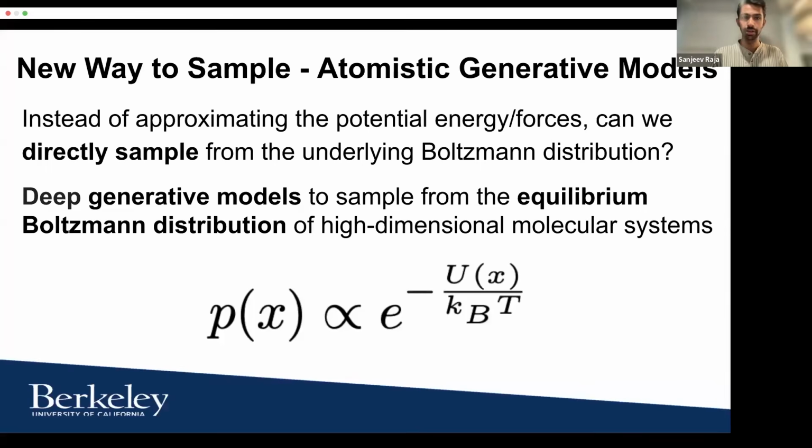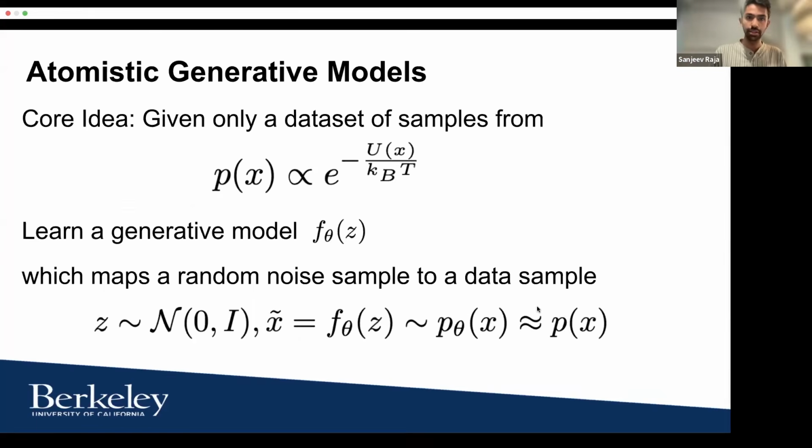work, which is basically trying to sample from the equilibrium Boltzmann distribution of high dimensional molecular systems, usually via supervision from a large data set of samples. Although there's also now work on trying to sample even without data samples. So this is a new direction that people have really been seeing some interesting results from in the last few years. And so basically the idea in a generative modeling paradigm is given a probability density